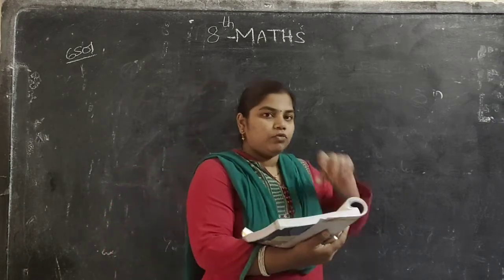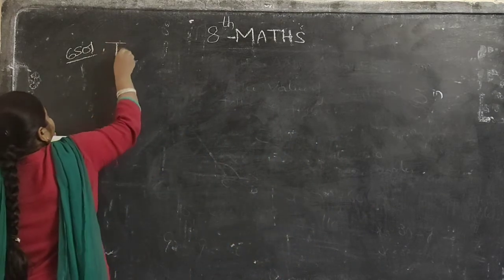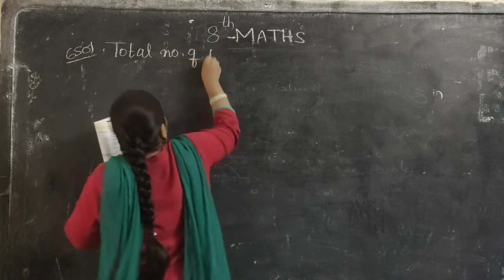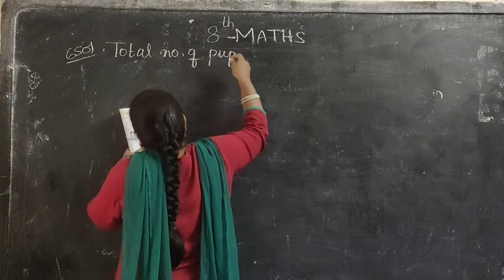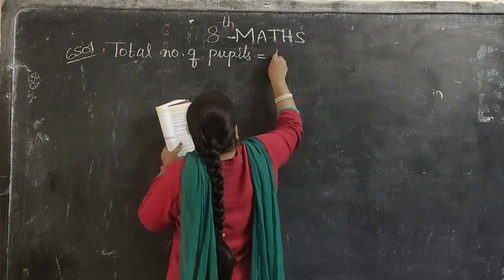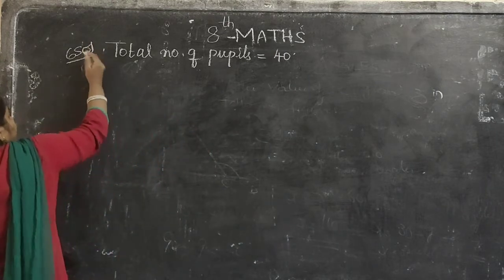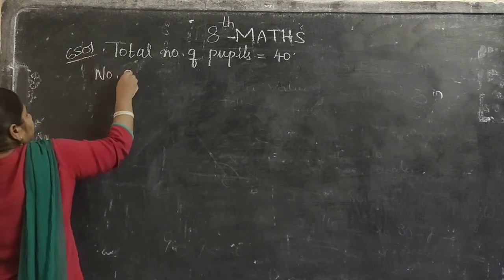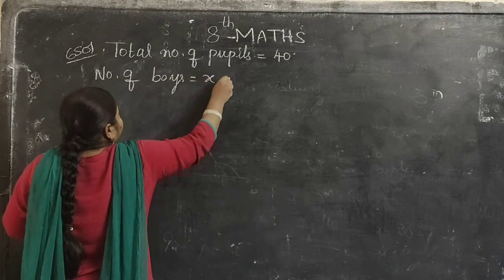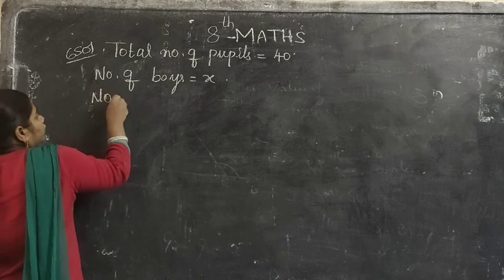So how many boys are there? We have to find. So what will we write here? Total number of students is equal to 40. And how many girls are there? Suppose we take the number of boys, because we didn't get any information about boys. So we will take it in the form of x. So number of boys is x and number of girls